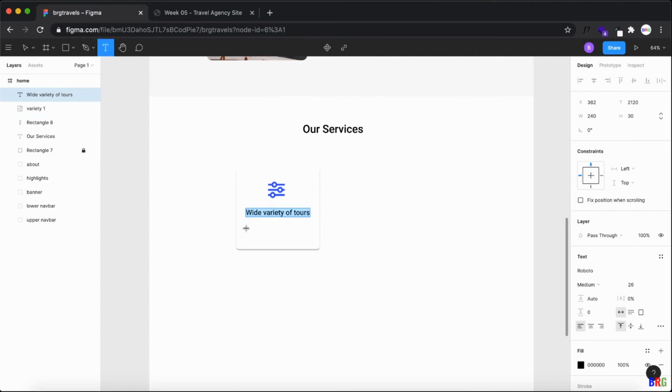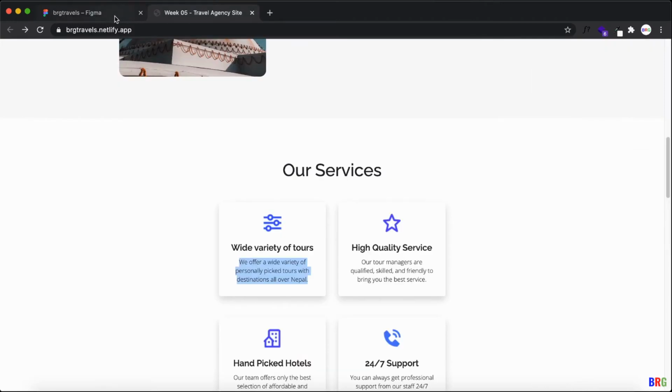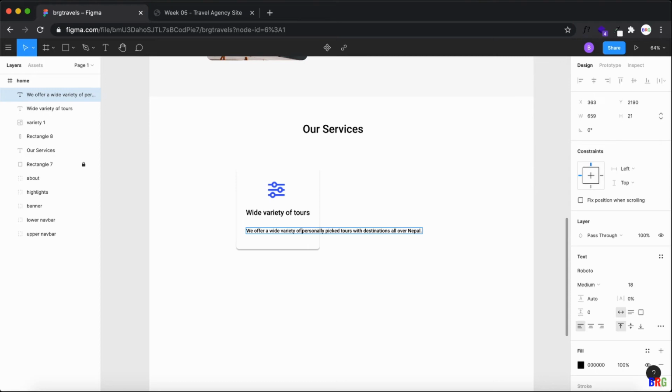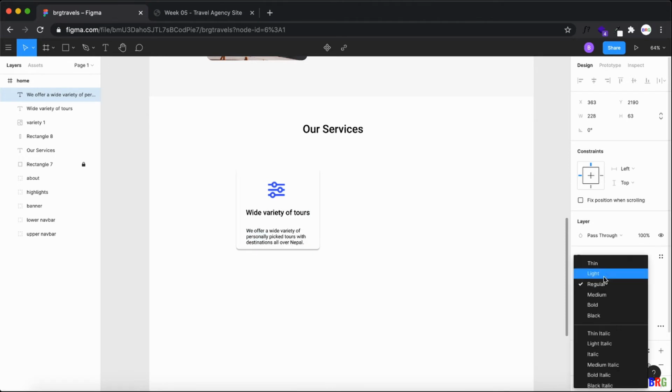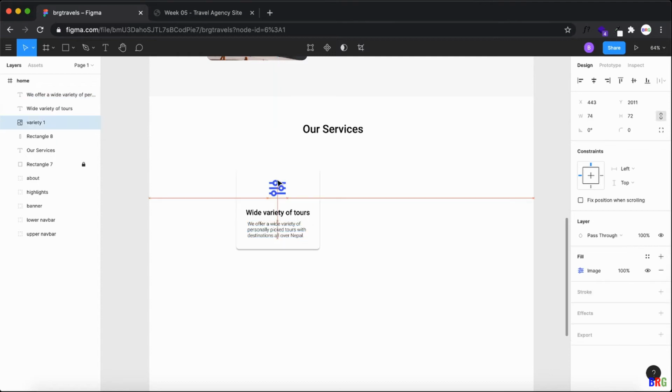Another text box, and this time we will use 18, three rows. Then regular, medium, light, and yeah, that should work. This way we get our nice card for our services.